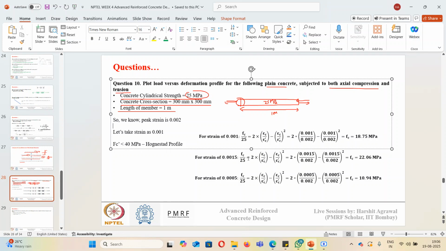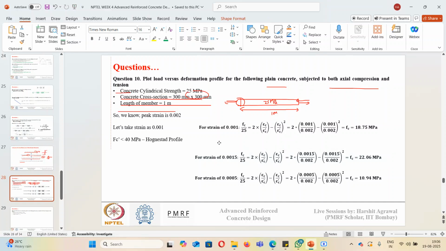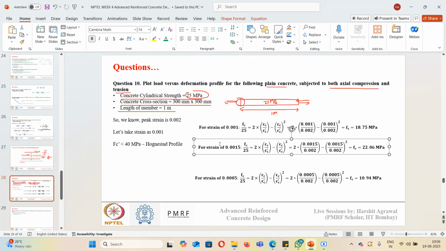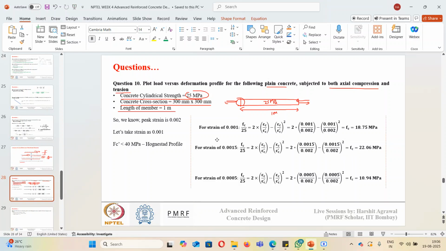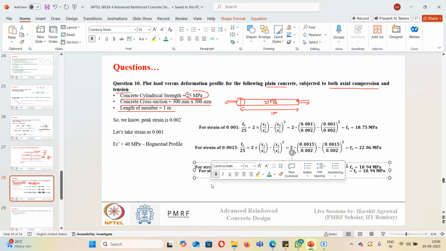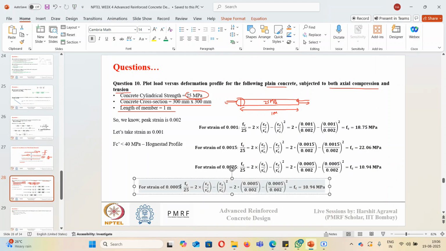Okay, now let's take one point after peak. So this was before peak. So if I take one point after peak, let's take strain of 0.004, which is more than 0.002. So if you see the strain, if I keep it at 0.004,